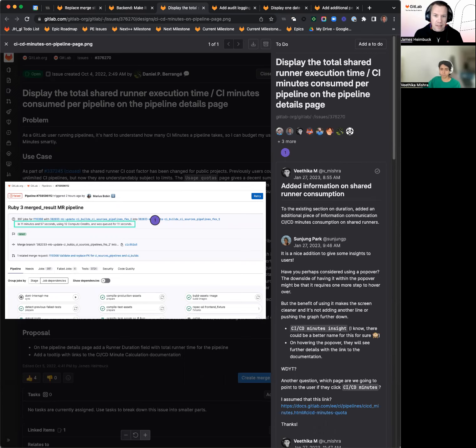It's really easy to see today the total pipeline duration time, or I often call that wall clock time, between when the pipeline started and when it ended. And it's easy to see an individual job, how long maybe it took. But what's not so simple is to figure out how long it took for all of the jobs to run, and thinking about your CI compute credits or your CI/CD minutes, how many of those were consumed